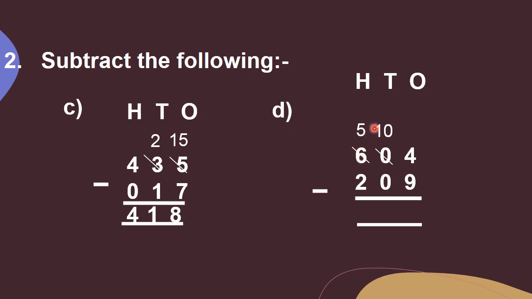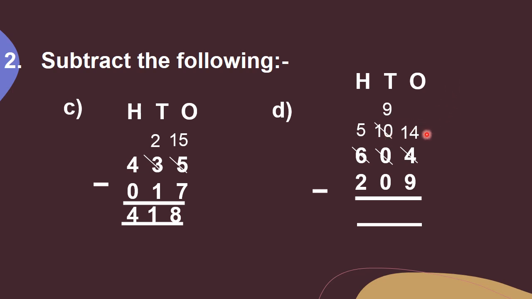6 minus 1. हमेशा ये ध्यान रखना है बेटा कि जब भी हम बोरो दे रहे हैं, ठीक है, तो जो बोरो ले रहा है वो अपने आप में 10 ऐड करेगा और जो बोरो दे रहा है वो अपने में से 1 माइनस करेगा। अंडरस्टूड? क्योंकि वो हमेशा अपना 1 देता है। ओके, now at tens place column, now it has 10 tens. Now ones place will take borrow from tens place and this 4 will become 4 plus 10, that is 14. And here at tens place 10 minus 1, okay, that is equal to 9.